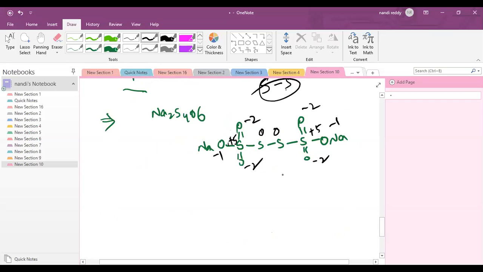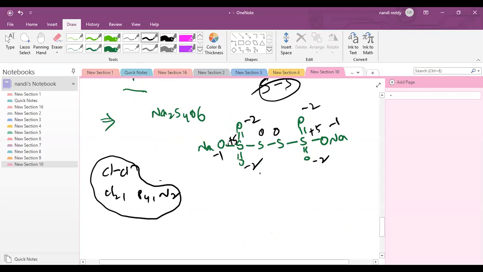So with respect to these two sulfurs, the oxidation state is 0 because they are not combined with anything else. When the same atoms are bonded to each other, the oxidation state is 0. I already proved that. Cl2 oxidation number is 0 or not, sir? Cl2, P4, N2, all these we gave 0 oxidation. What is the reason? Because they attach to the same kind of atom, there is no electronegativity difference, so there is no oxidation state change.